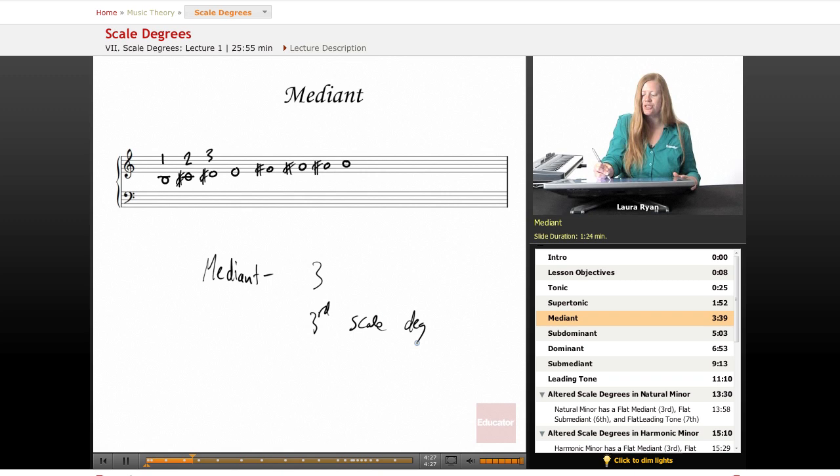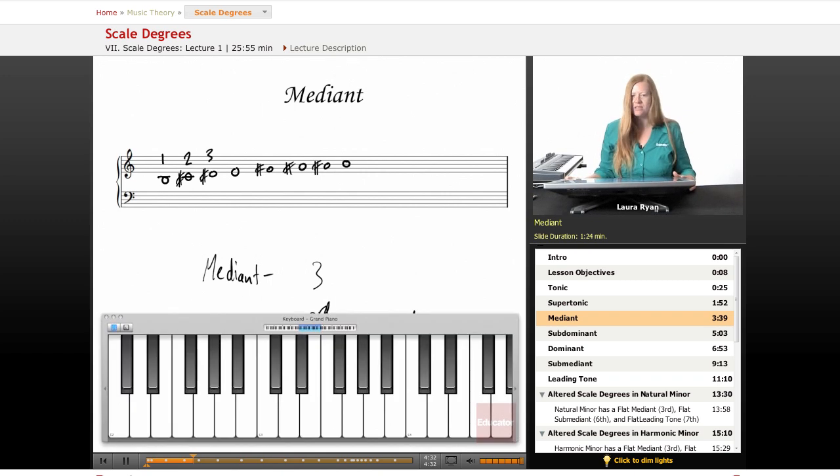Okay, let's listen to the B scale and let's see where our mediant wants to lead our ears. Here's our B. That sounds really nice, actually. You could end on that note. Unlike the supertonic, where we really want to go back to the B, when we play up to the mediant, the third scale degree, 1, 2, 3, that sounds really nice. So that's a stronger tone to end on than the supertonic. Let's move